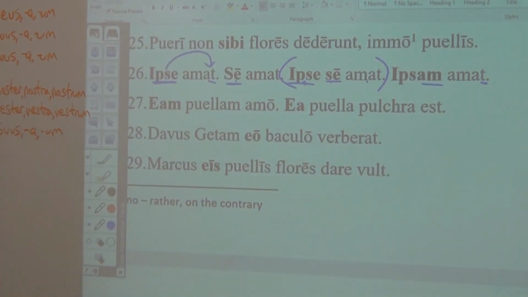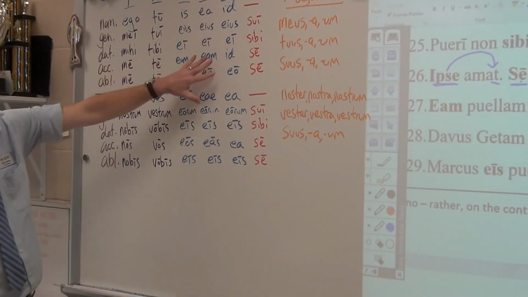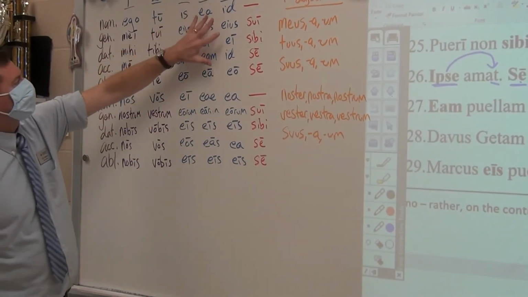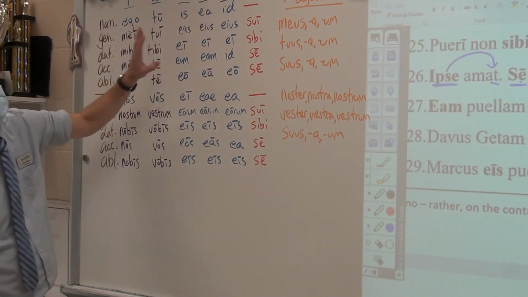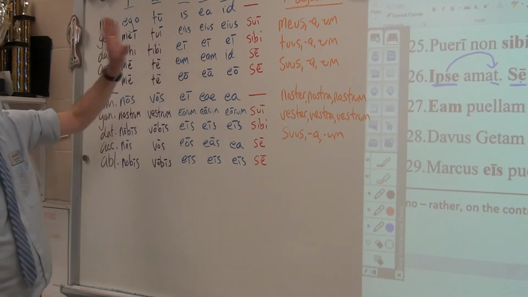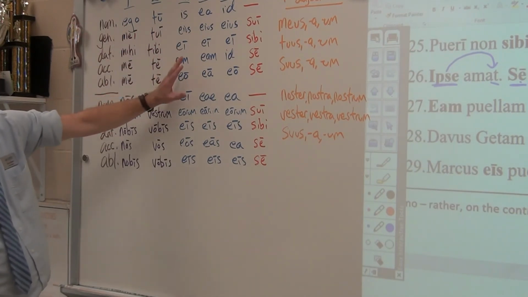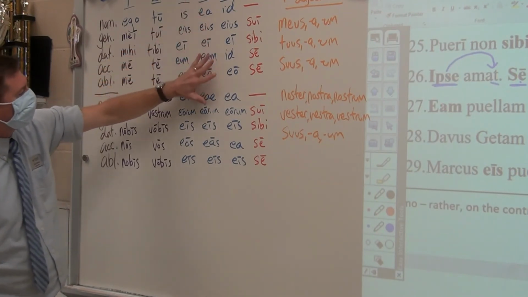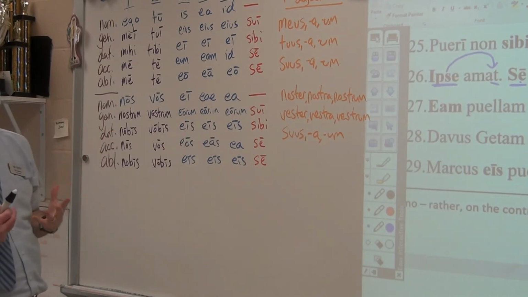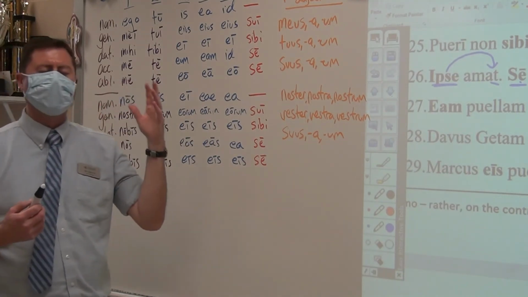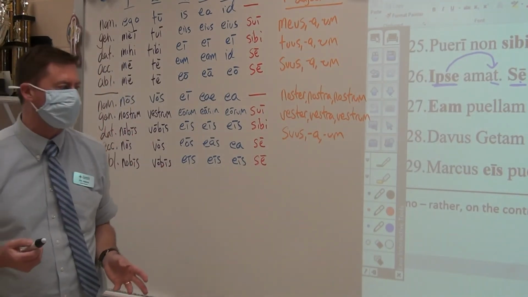Lastly, whenever you have a form of is, ea, id, and it is not standing by itself, it is not a pronoun, but it can be turned into an adjective and modify something with the same case, number, and gender. When that happens, is, ea, id, and all of these forms convert in our understanding in English as though they were a form of hic, haec, hoc, this and these, or ille, illa, illud, that and those, and it is your choice as to which one you want it to be.